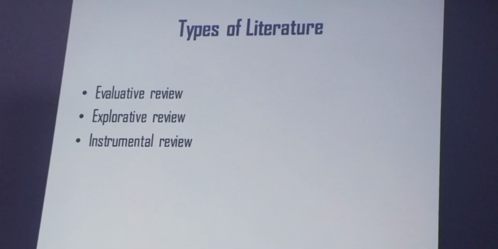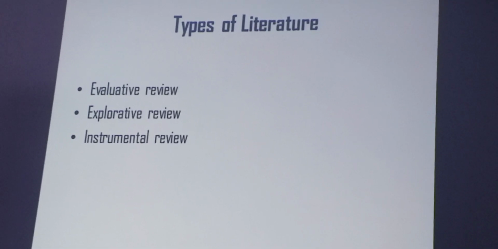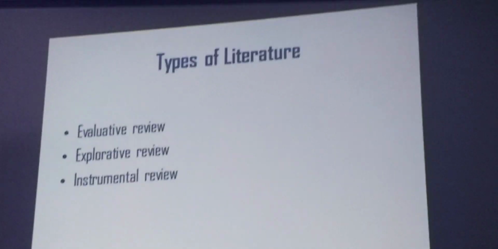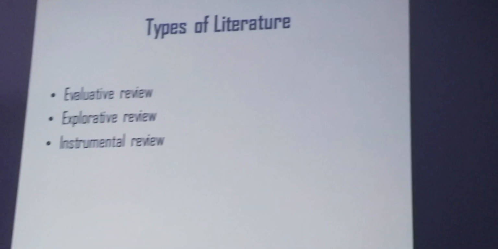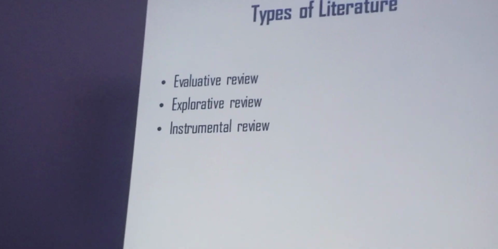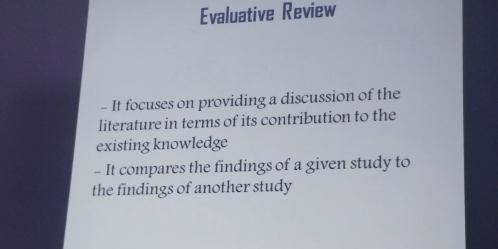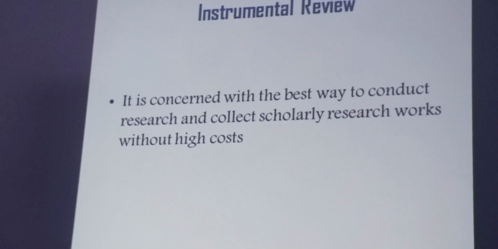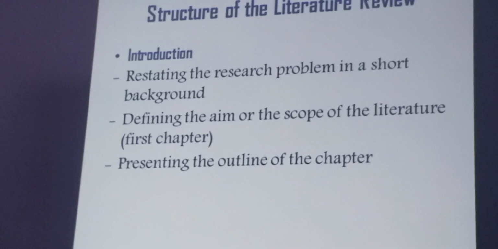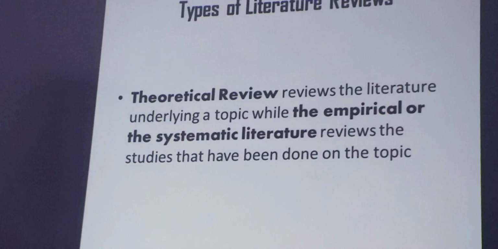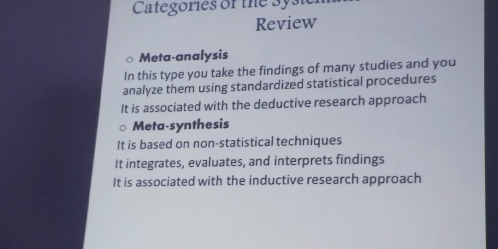Now we move on to types of literature. And here there is a disagreement. Some said that there are just three types of literature, and some said that it is more than three types. But as you can see here, we've got the evaluative review, the exploratory, and the instrumental. But before that, let us start with another type of literature review, which is called the